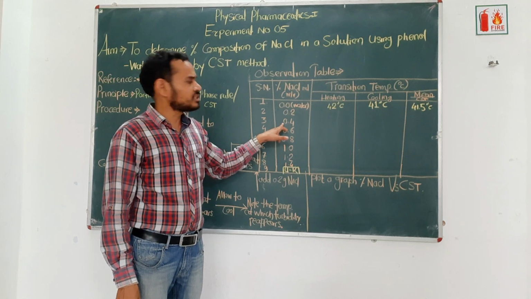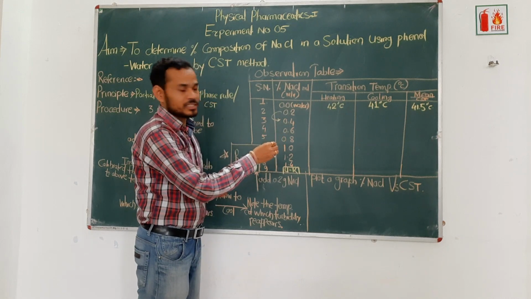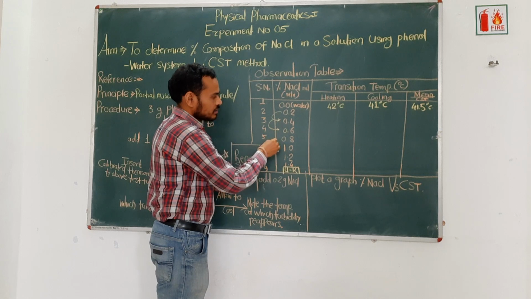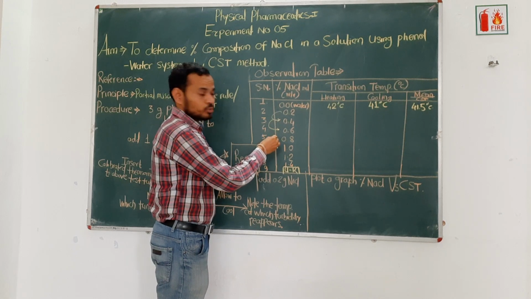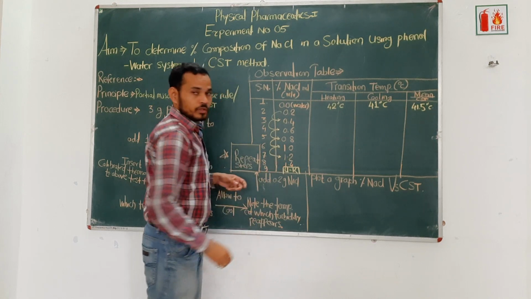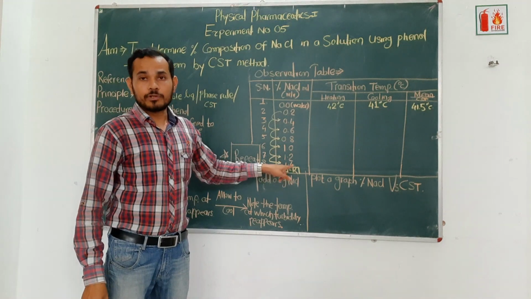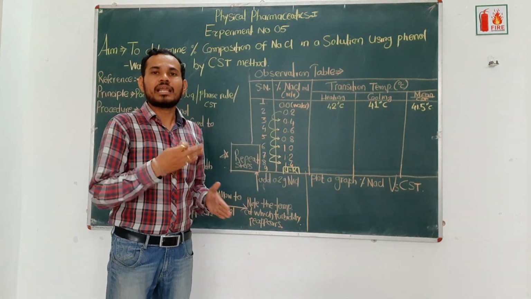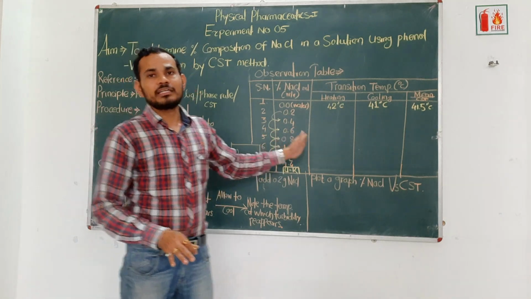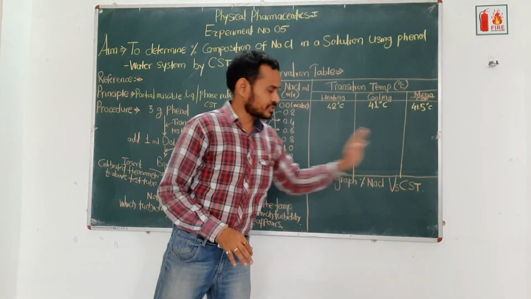It can be achieved by further addition of 0.2 gram of NaCl to the existing test tube. Similarly, to this test tube, we are going to add another portion of 0.2 gram of NaCl, and so on. Okay. So we are getting a 1.4% weight by volume solution of NaCl just by gradual addition of 0.2 gram of NaCl each time. And we have to determine its critical solution temperature. So we are getting the critical solution temperatures for all these concentrations.